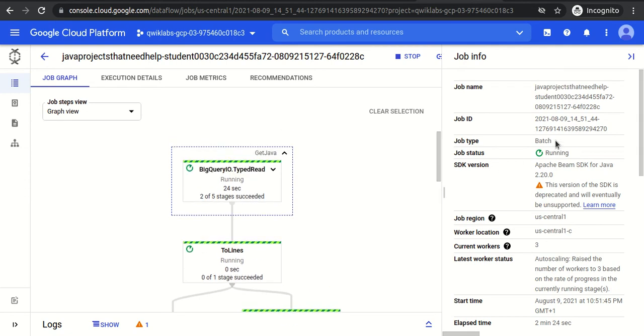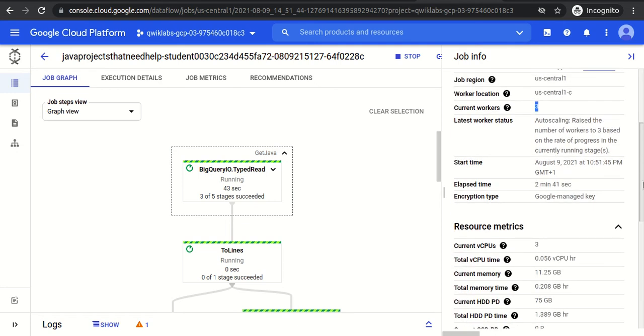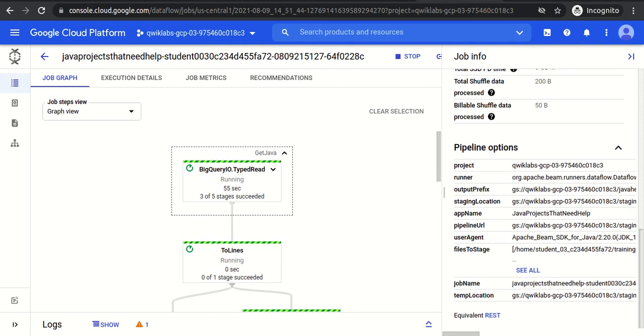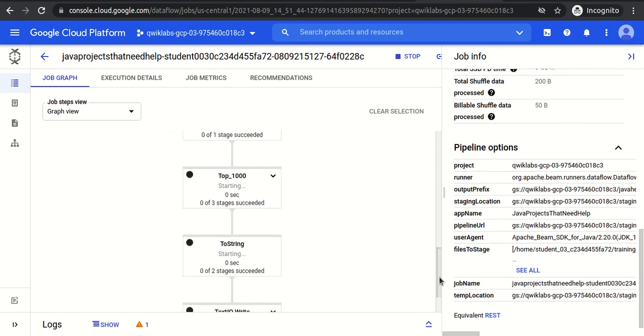It is not streaming, because the data already exists in the database, so it is not coming as real-time data. So it is a batch type of pipeline. Current worker is 3, so the number of virtual machines is 3. So it will take a few minutes to get completed.